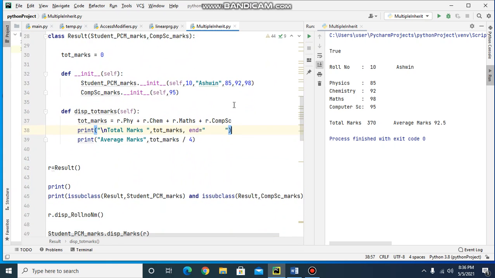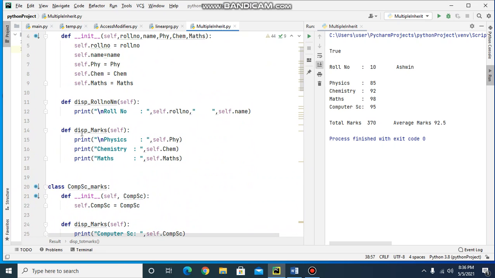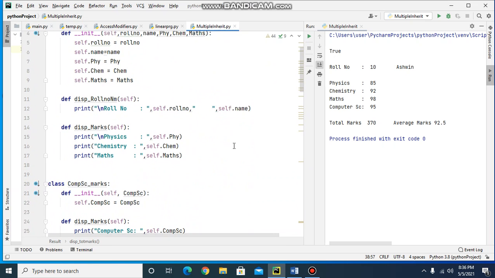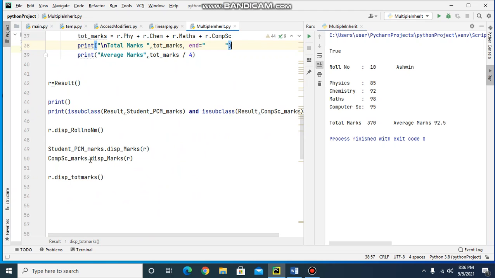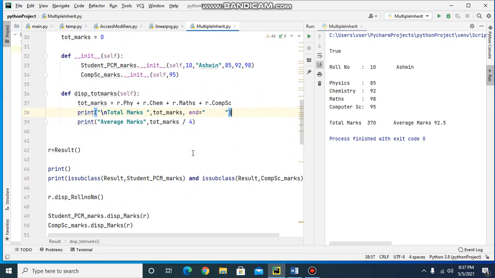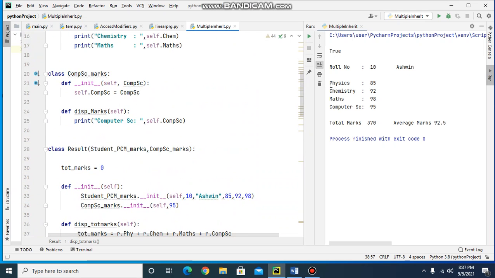Then it has called the display marks of the base class computer science marks, and it has displayed the marks of computer science.